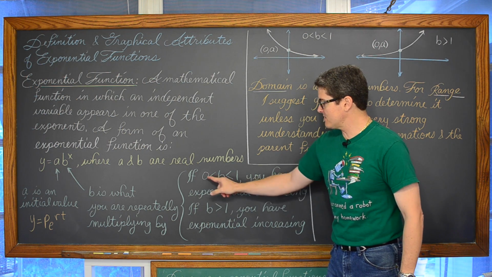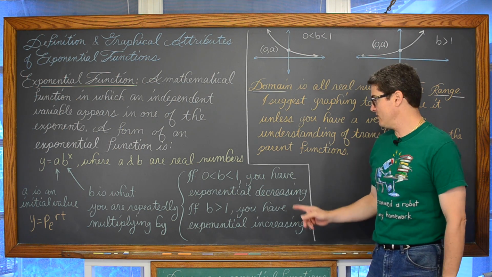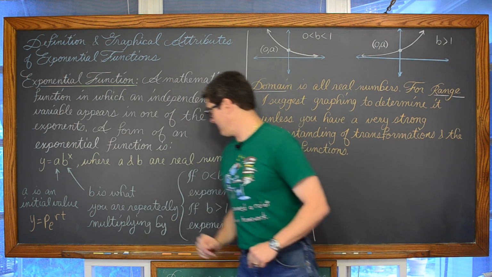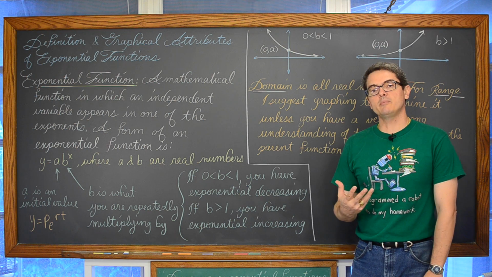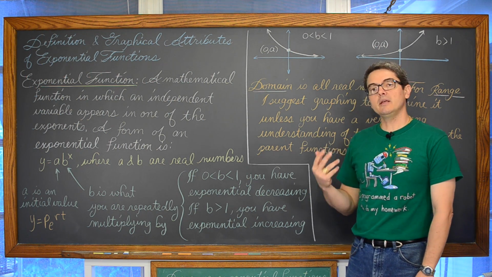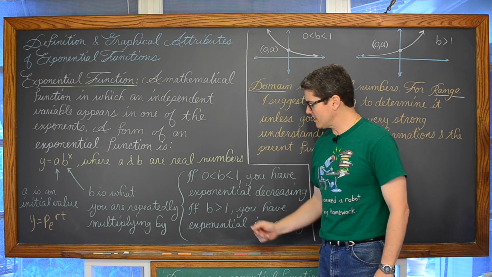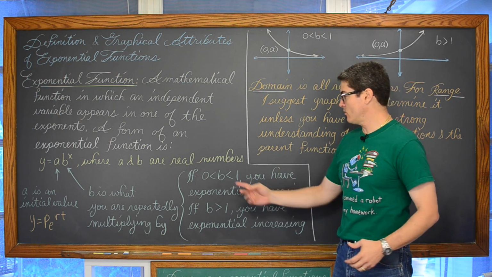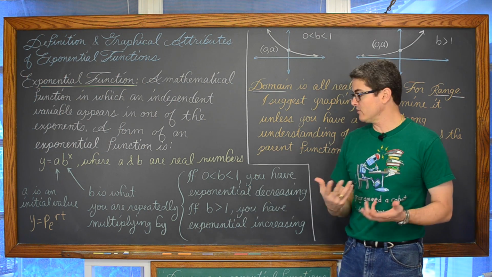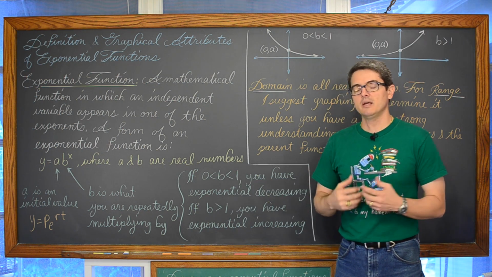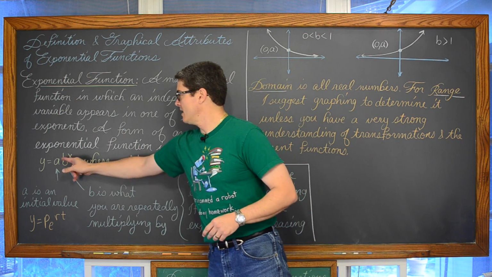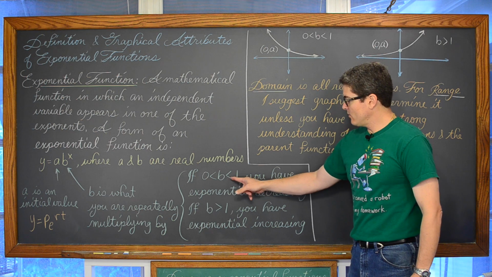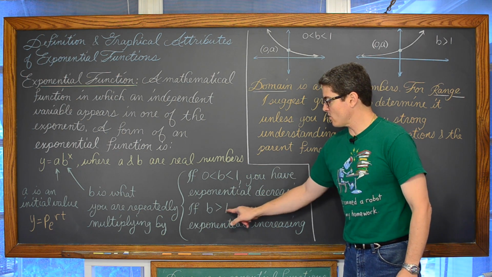If b, that base, is between 0 and 1, you're going to be looking at exponential decay. And if your base of the exponent is greater than 1, then you're going to have exponential growth. Now, in these inequalities, these intervals describing what b can take on and when it's exponential decay and when it's exponential growth, you'll notice that nowhere does it say that it's possible for this base to be negative. And you'll also notice that we have b less than 1 and b greater than 1.